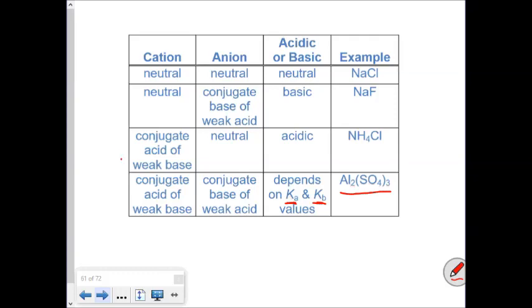These ones are more of the important ones that you have to memorize. So when it's a neutral with a weak conjugate, if it's the conjugate base of a weak acid, that's going to be a basic solution. If it's the conjugate acid of a weak base, it's going to be acidic, with a neutral on the other side of things. You really, really have to memorize those strong acids. You really, really have to memorize those strong bases